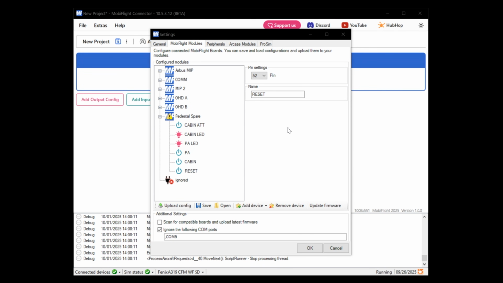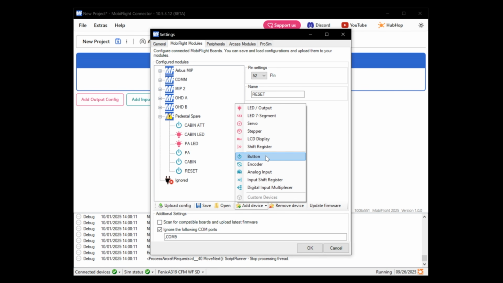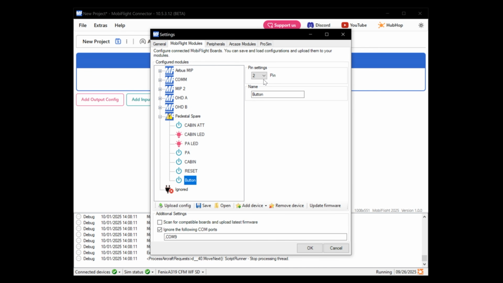Now we're back in Mobiflight. I'm going to show you how to configure the on-off-on toggle switch. So similar to before, we're going to go to add a device, button, and we're going to select one of the digital pins as our input, so that's going to be pin 25, and we're going to call it right land off,